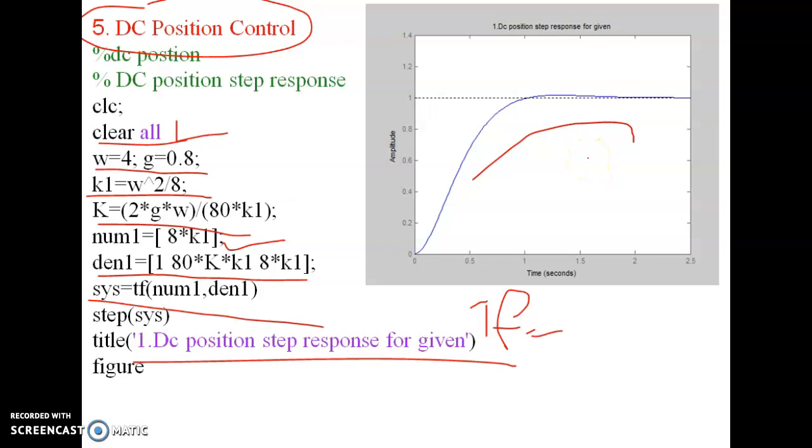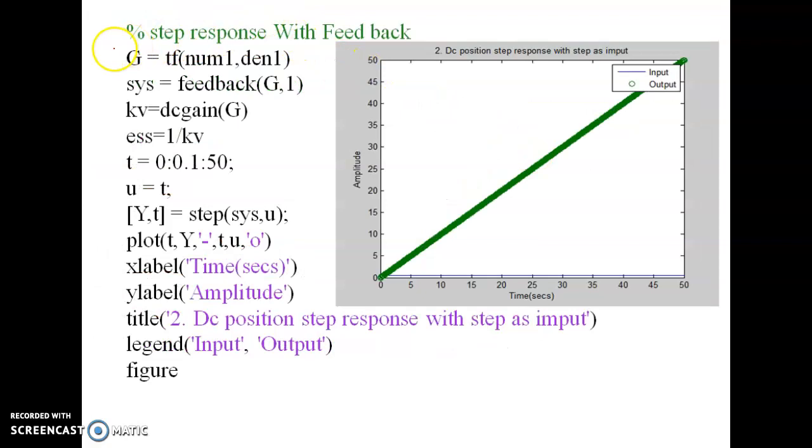So for the same DC position control, if we are using different kinds of inputs, for the velocity error constant, if the input is a step, then what is the transfer function? This is the common command we are using. System is equal to feedback of g comma 1, then kv. That is, if the type of signal is a step input or impulse input, we will get this equation. So this is the step input kv, then vary the time period from 0 to 50 in steps